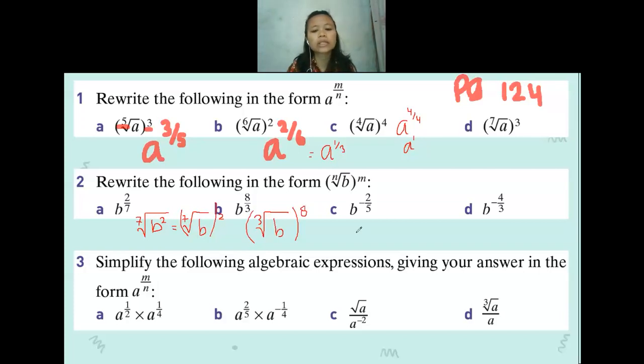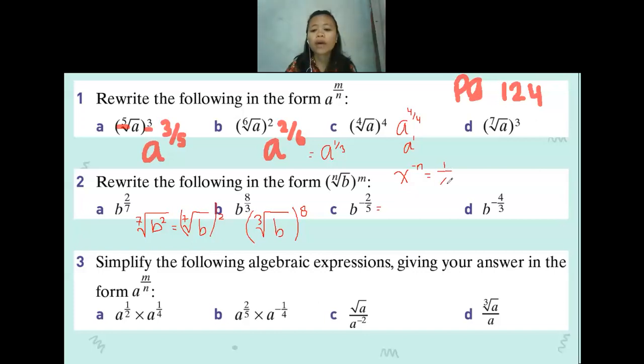For the question C, it is a negative power. So we can change it into a fraction first. What fraction will it be? 5 out of 2. No. It is a negative. Do you still remember x to the power of negative n? How do we write it as a fraction if we have x to the power of negative n? 1 by x power. 1 by x to the power of n, correct.